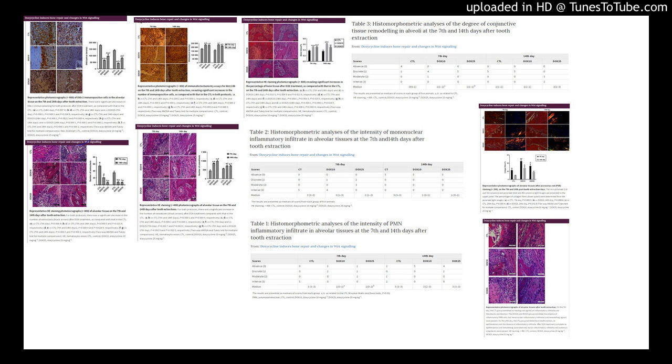In the present work, we provided the first evidence that DOX inhibits the DKK1 pathway while activating WNT signaling. These results were immunohistochemically evaluated through both the increase of WNT10B and the decrease in DKK1 in immunostained cells on the 7th and 14th days after tooth extraction. Although the exact mechanism of WNT signaling during bone development is dependent on a complex microenvironment, data from several laboratories suggest that WNT3A, WNT5A, WNT7B and WNT10B are central to osteoblast differentiation.